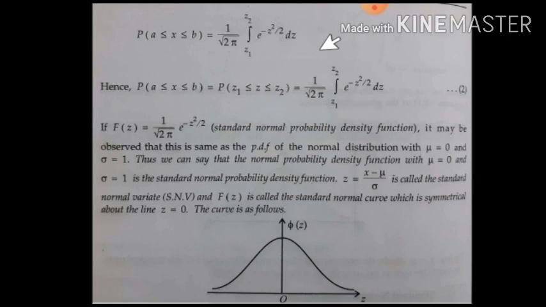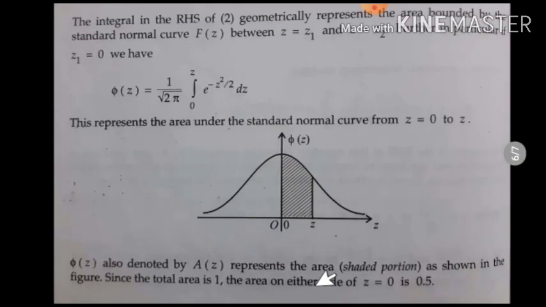What this integral represents is nothing but the area under the standard normal curve. We will discuss it more in the next slide. See here, the integral in the RHS of equation 2 geometrically represents the area bounded by the standard normal curve f of z between